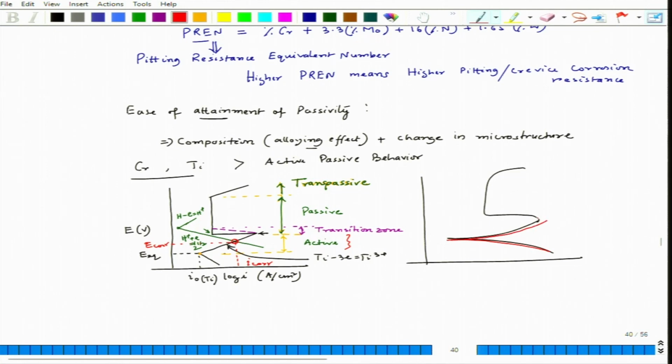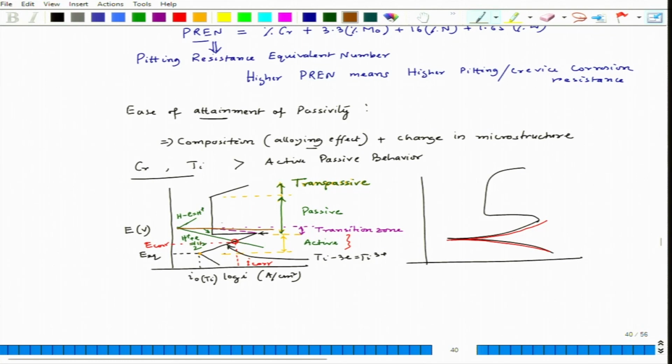Okay. And then the material will corrode as per this I corr, what is shown in red color. Now, if this hydrogen evolution line cuts across like this,